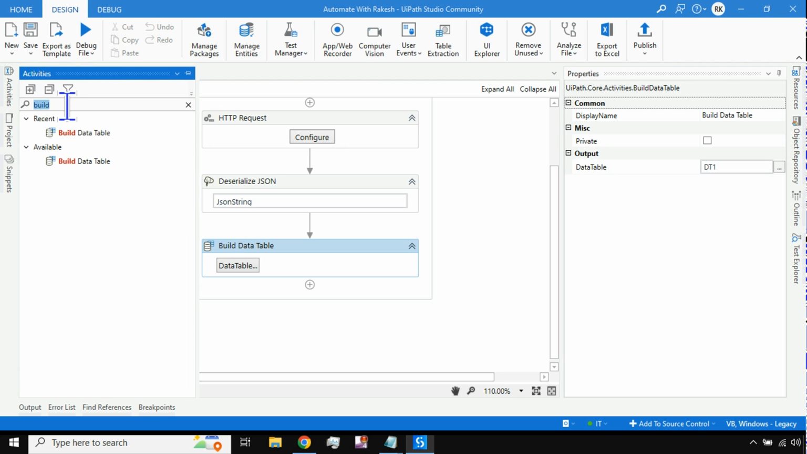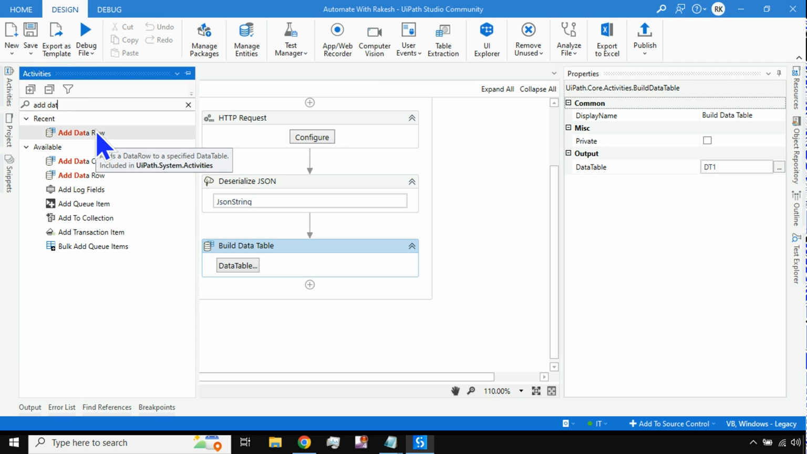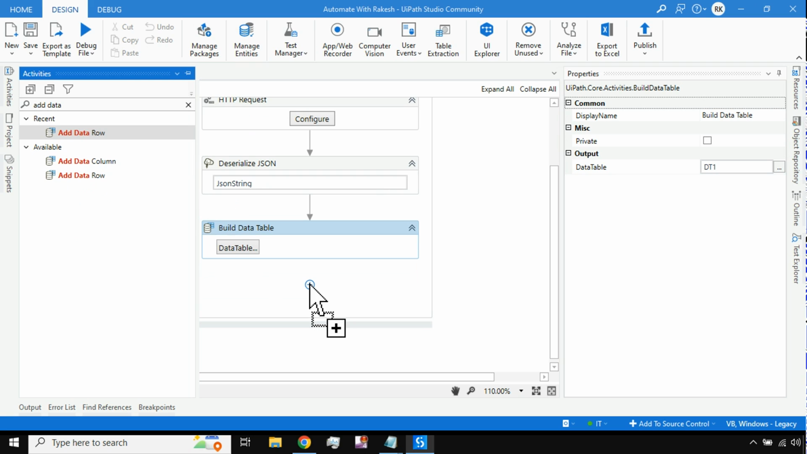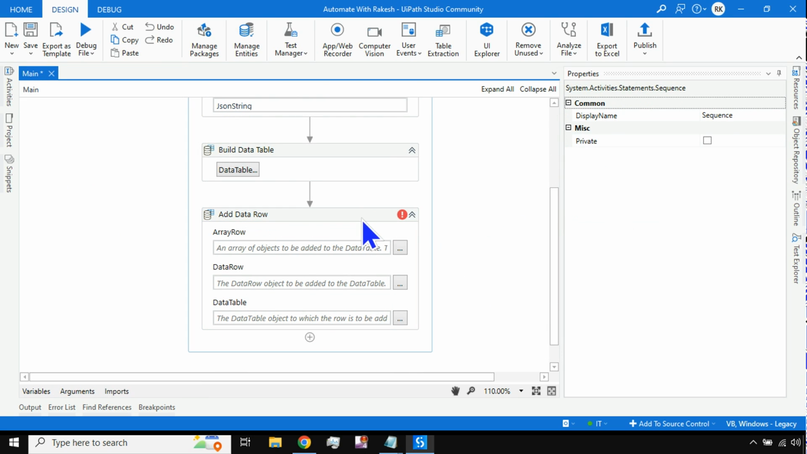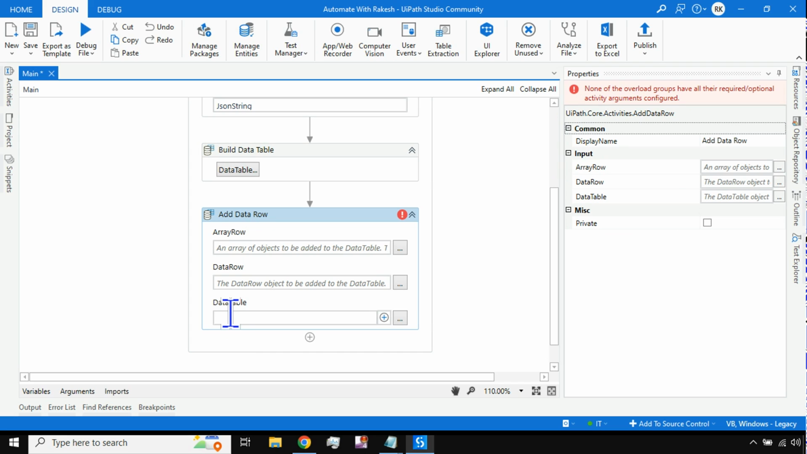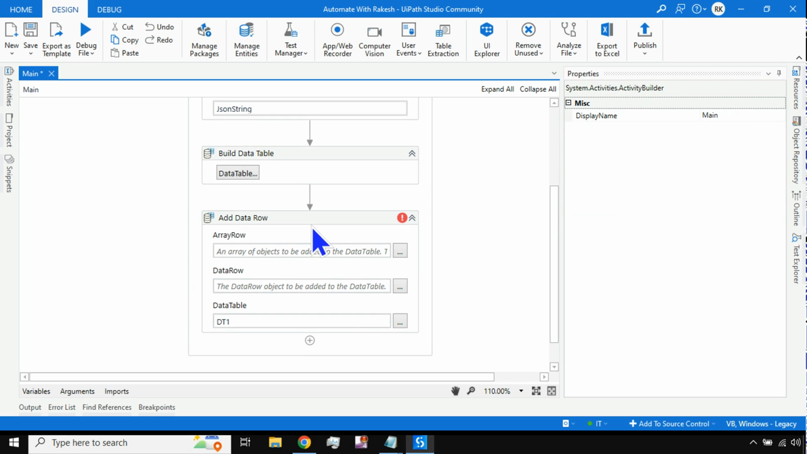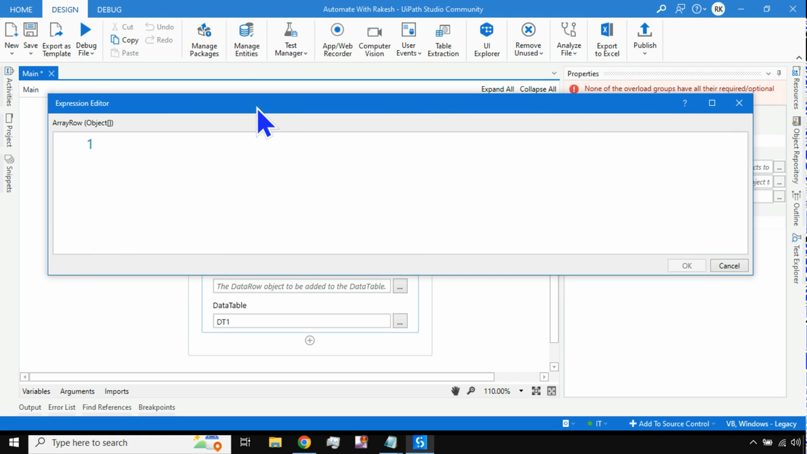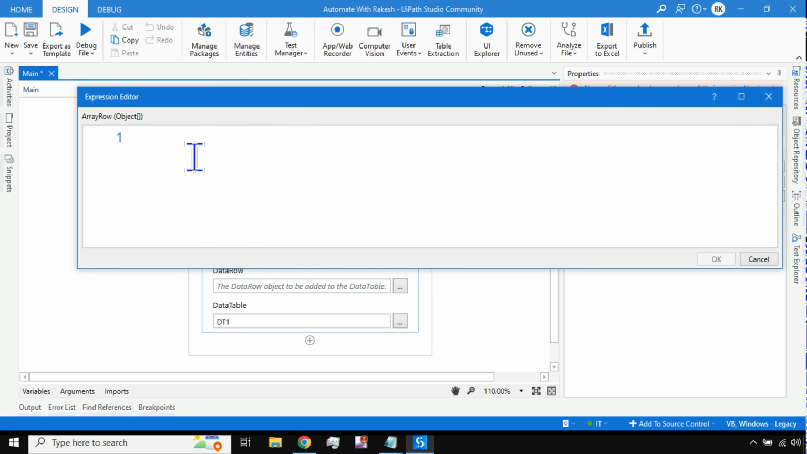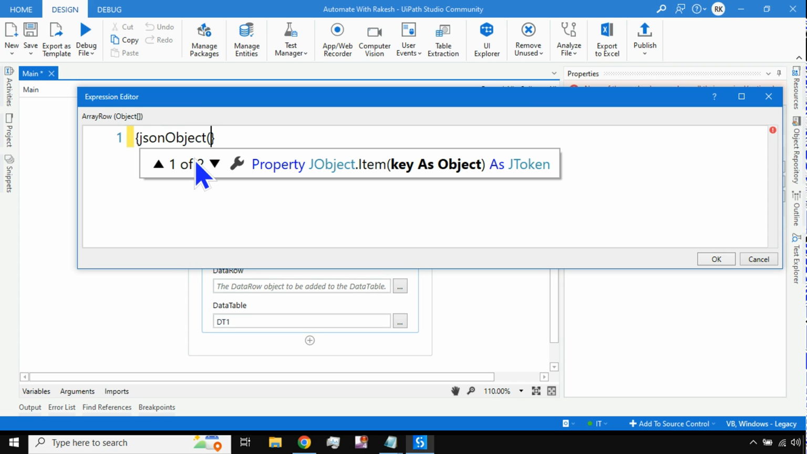So I'll use the Add Data Row activity, and here in the row, this is what you need to learn. It should write into the data table, and for the values I will use the ArrayRow property. Now here I will put curly braces, and within the curly braces the syntax that I have written previously: the JSON object, and then in double quotes,